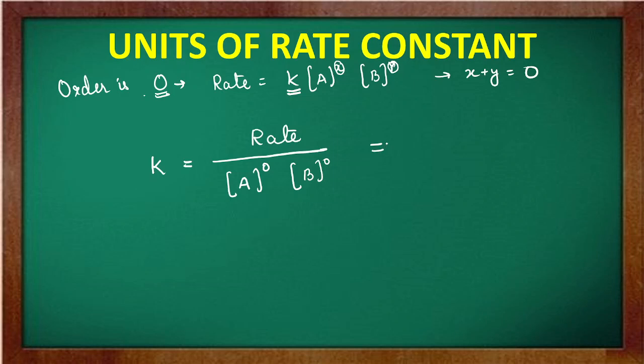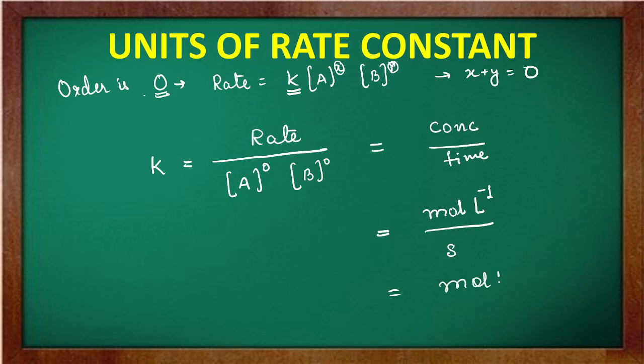So now अब order अगर 0 है तो anything raised to the power 0 is equal to 1। So now when anything raised to the power 0 is equal to 1, तो rate का वैल्यू क्या था मैंने बोला? Concentration by time था। So now if concentration is mole per liter and your time is suppose given as second, then what will be the unit of k? So your unit of k will be mole per liter per second। So now from here you can conclude that the unit of k when the order of the reaction is 0, the unit of k is mole per liter per second।